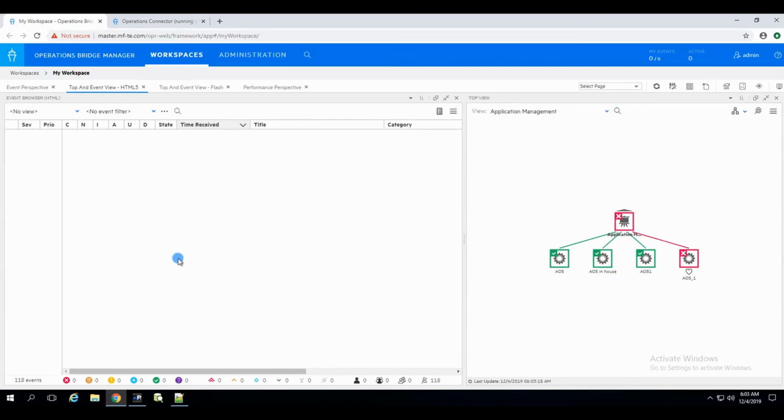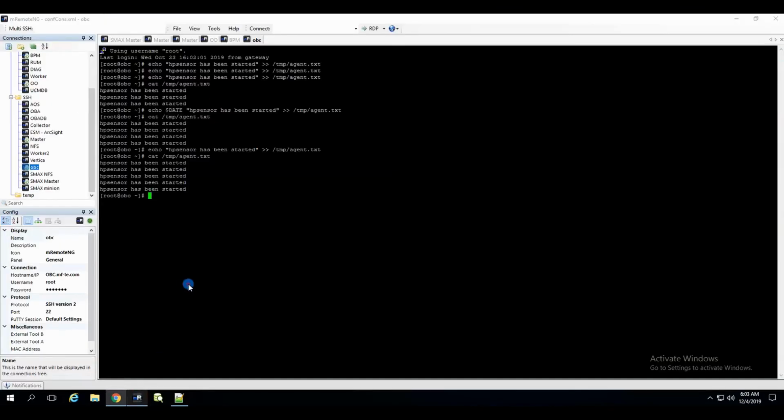So the previous interval was every 5 minutes. We are at 6:03, so that would be 6:05 before it runs. But since we deployed a new policy, it would just wait 1 minute with the new parameter, and then we should get our event. In the meanwhile, let's echo